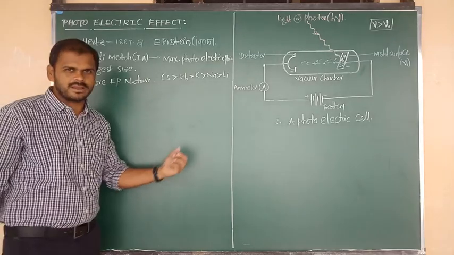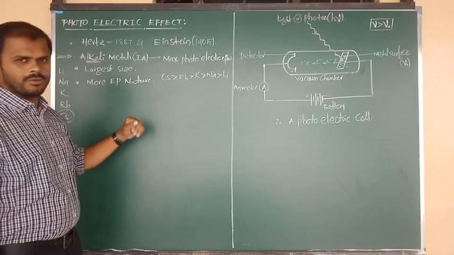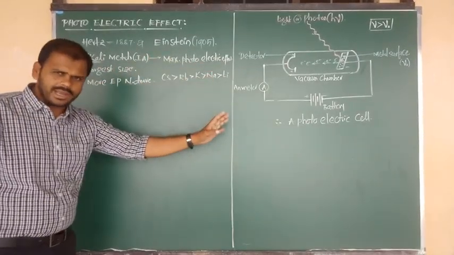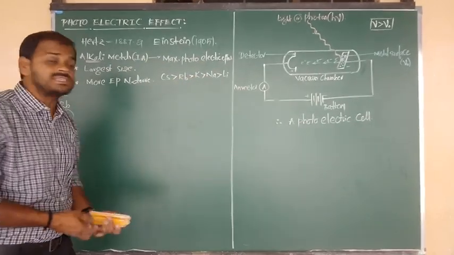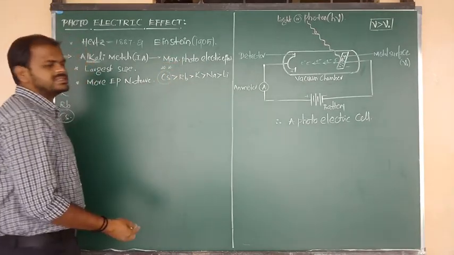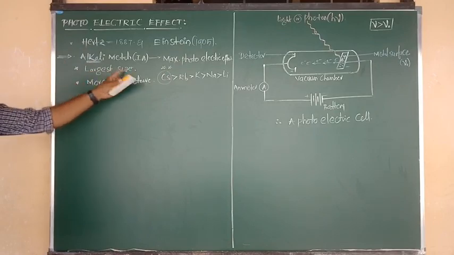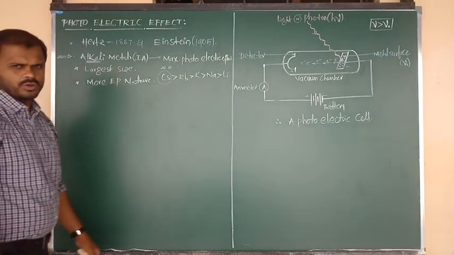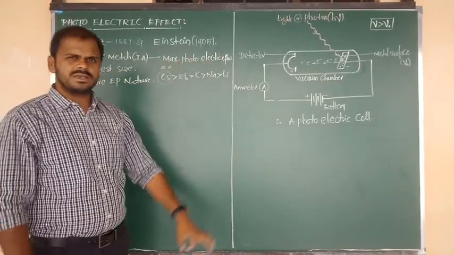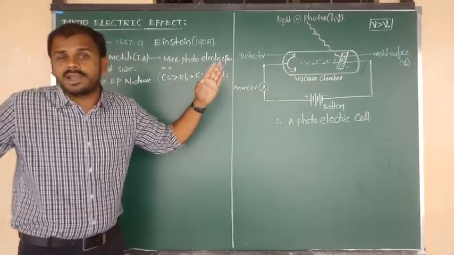Okay, once again I am going to make the revision. Try to be focused now. Lithium, sodium, potassium, rubidium, cesium are all 1A group metals. All of them are alkali metals. They show maximum photoelectric effect. But among all of them, which shows maximum? The answer is what, beta? Cesium. It shows the maximum photoelectric effect because from top to bottom, their atomic sizes and electropositive nature increase. Due to the increase of these two, cesium shows the highest and maximum photoelectric effect.